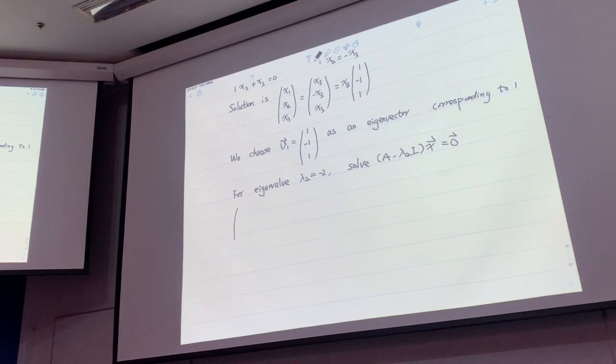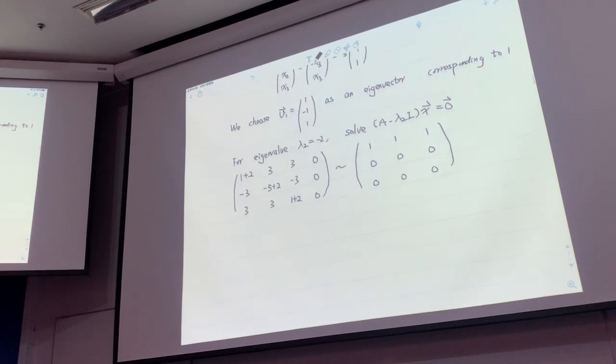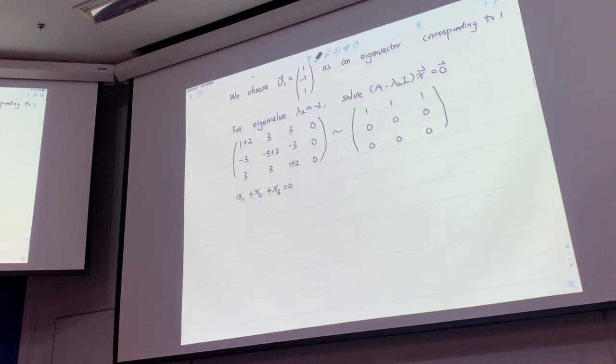So the equation is the matrix with rows 1 plus 2, 3, 3; negative 3, negative 5 plus 2, negative 3; 3, 3, 1 plus 2, times x equal to 0, 0, 0. This is equivalent, eventually, to the matrix with rows 1, 1, 1 and 0, 0, 0 and 0, 0, 0. So we get x1 plus x2 plus x3 equal to 0. So the solution is